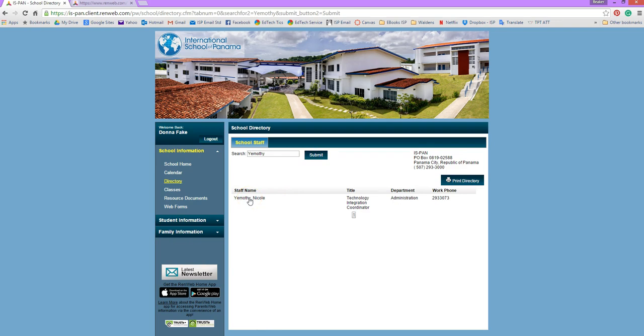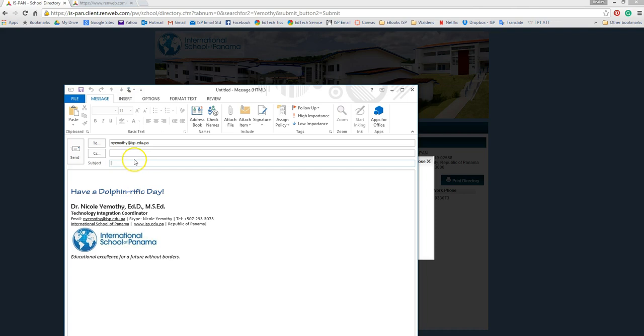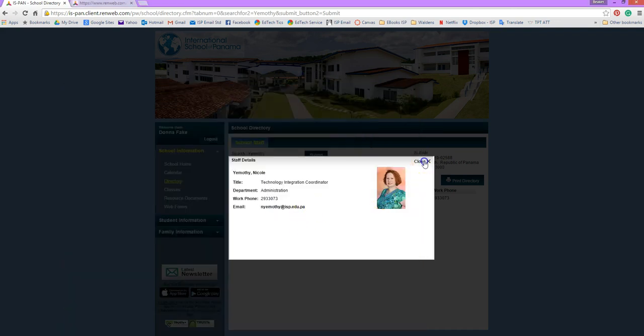Here you'll see that your cursor changes to a hand, and you can click on it and it will take you to a pop-up about that staff member. And if there's a picture loaded, the picture will load so you can confirm that that face goes with the name of who you're trying to reach. And here you find their title, what department, their division they belong to, a phone number to reach them, and their email. The nice thing is the email is a hyperlink. So if you click on it, it will immediately open up a new email that you can start to the teacher if you have Outlook or an email system built into your computer that you're using. So I don't want to go ahead and send myself an email, so I'll close this up